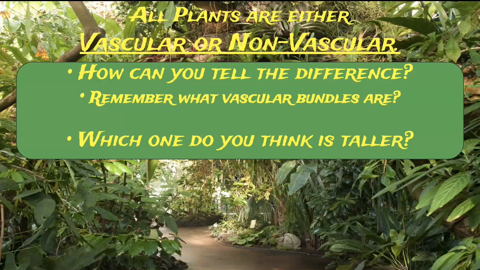All right, so our first two broad groups of plants are either the ones that are going to be vascular or non-vascular. And these are the questions that I want you to think of. They're kind of obvious, so if you think something, you're probably right about it. So first of all, how could you tell the difference between a vascular plant and a non-vascular plant? And again, something to help you with this, remember, what were vascular bundles for? We talked about vascular bundles in the last chapter. And then last but not least, of these two plants, vascular and non-vascular, which ones do you think are going to be the taller ones?